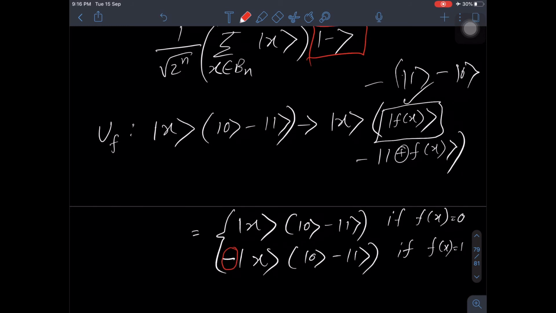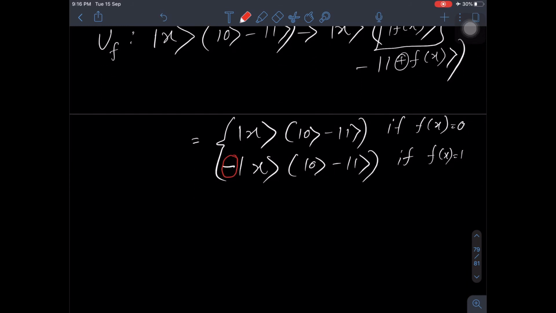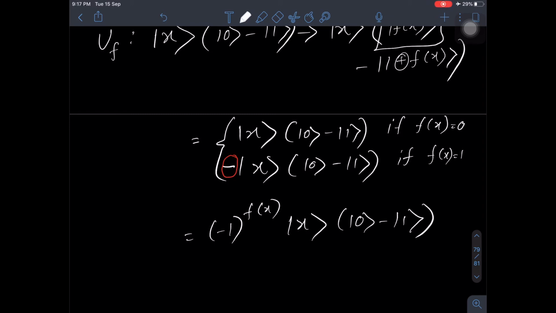So in the end, what we can say is that our result is nothing but minus 1 to the power f of x, and you have this x and you have this 0 minus 1. So minus 1 to the power f of x means that when f of x is equal to 0, this is plus 1, and you just get this state out. And if f of x is 1, then you get a minus 1 here and you get the second one out, marked with the red in the minus sign. Okay, so now